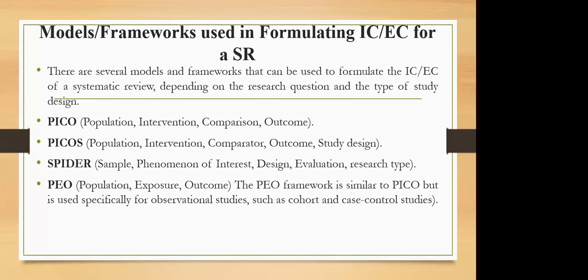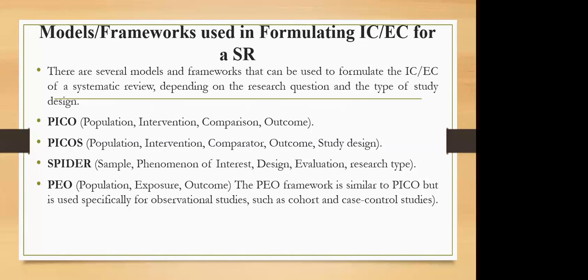Now the PICO model is usually used for quantitative research, quantitative systematic reviews. And you can agree with me that a quantitative systematic review is a systematic review that tries to examine more of numeric attributes about a particular review. You're trying to answer a research question on how much, how many, you're trying to establish the degree of a particular numeric characteristic in a population. Whereas in a